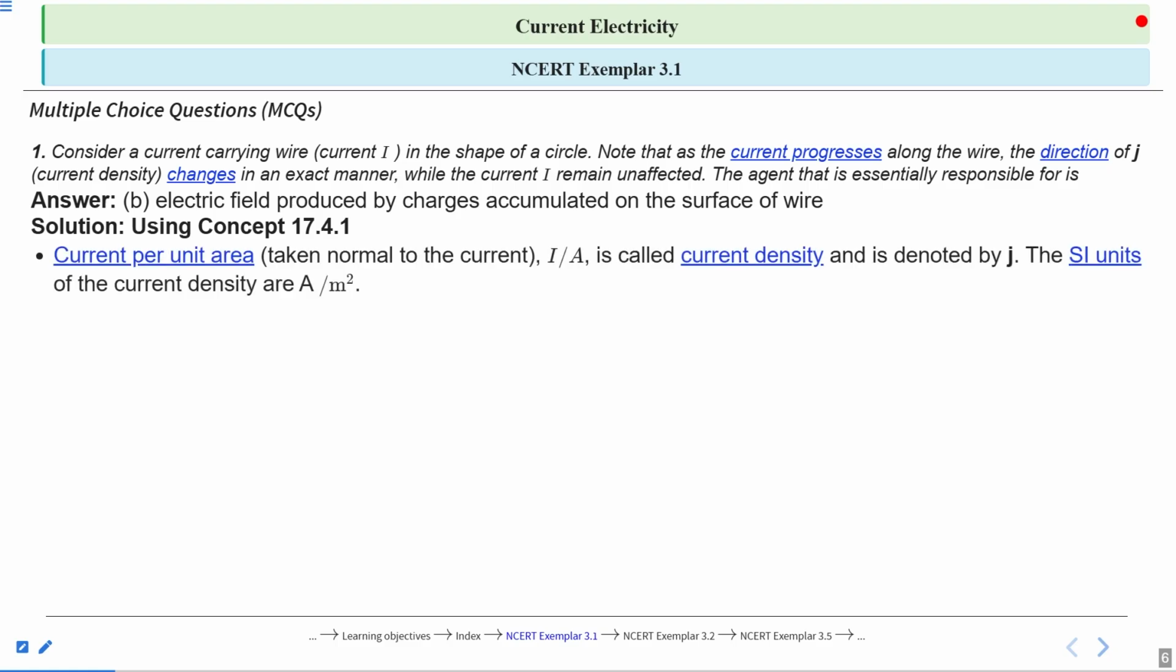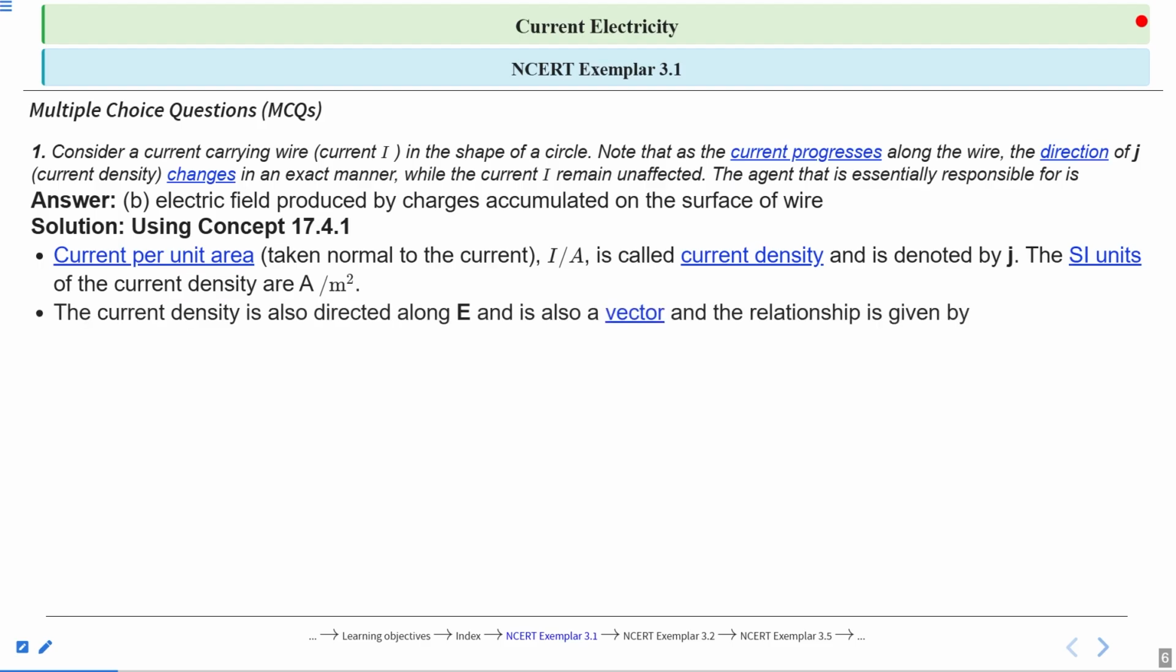Current per unit area taken normal to the current, I by A, is called current density. You already know that current density is current upon area and it is denoted by J. J is bold because it is a vector quantity. The SI unit of current density is ampere per meter square. Current density is also directed along E, that is the electric field vector, which is also a vector, and the relationship is given by